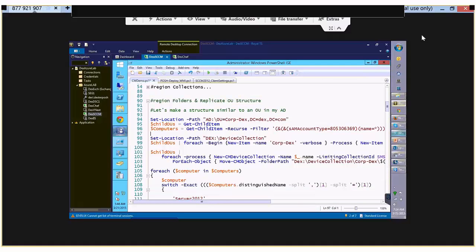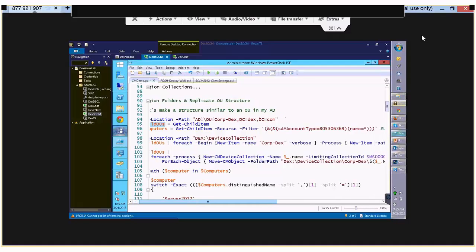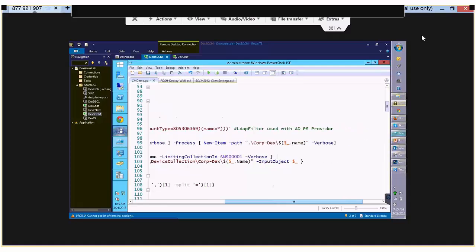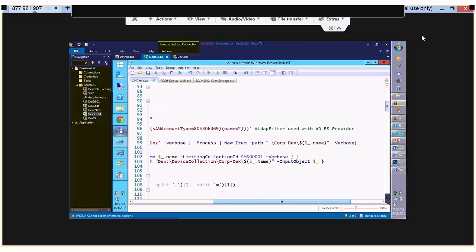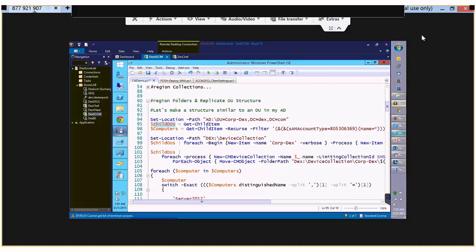After that is done, I eventually need to come back to my PS provider because it won't let me run ConfigManager commands. So I'm setting my location back to the same site provider, to the device collection. And I use this child OUs information to go ahead and create the folder structure for me. So if I just run this part,